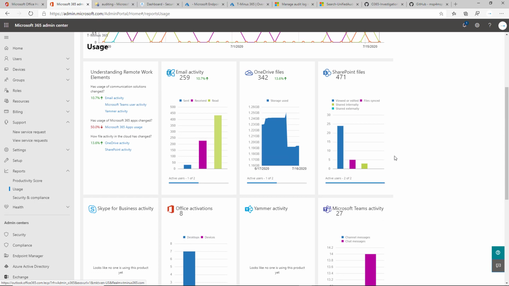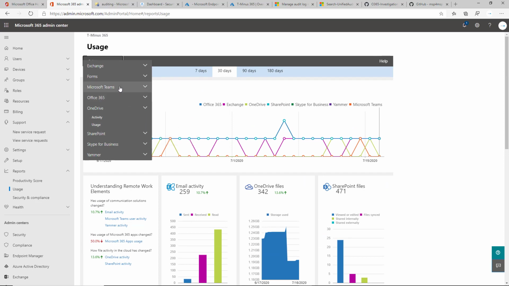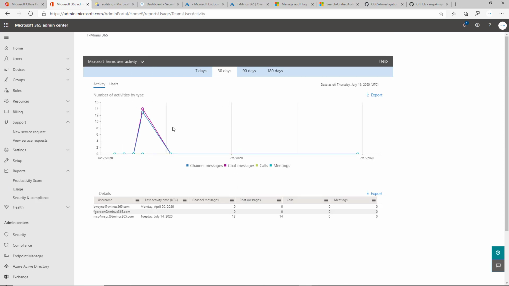And so I would say, if you do have the time to come in and review this, there's a lot of great reports in here, and you can see a lot of various things and user activity on a granular level. If this is Teams activity, you can even see channel messages, calls, meetings, everything like that. This is again a very inactive tenant, but likely this would be pretty complete with a lot of information